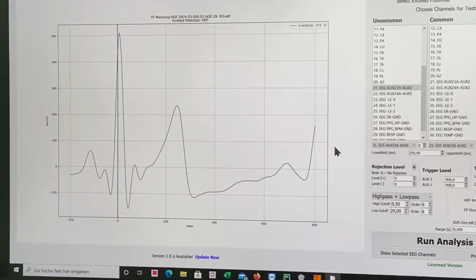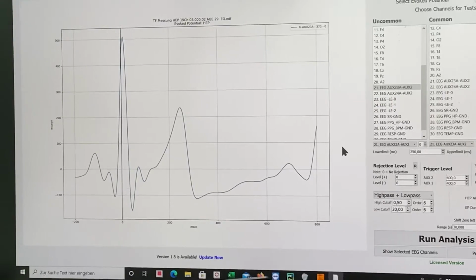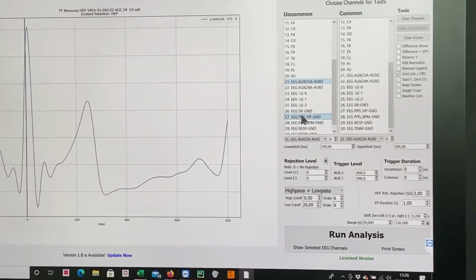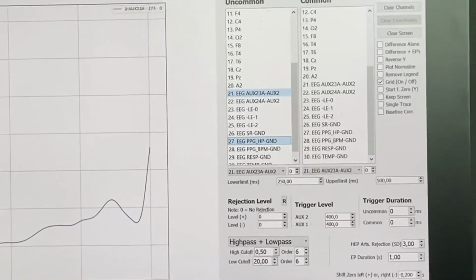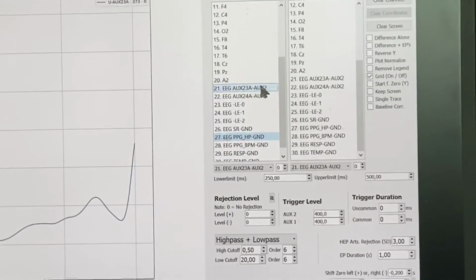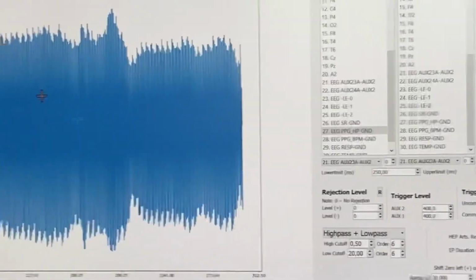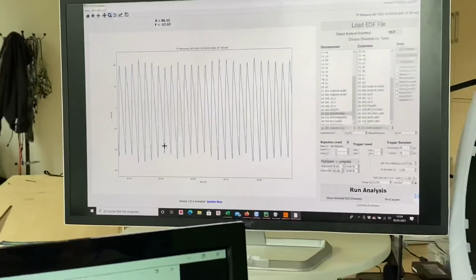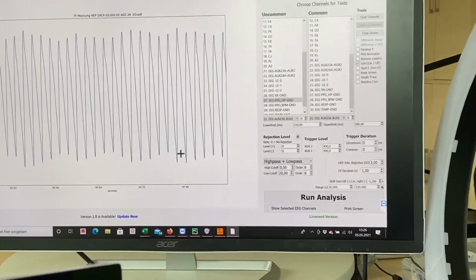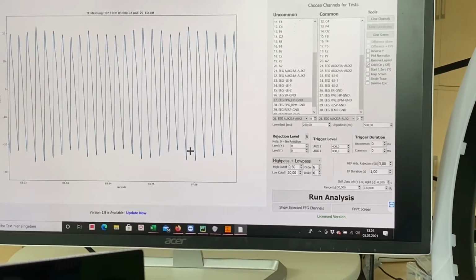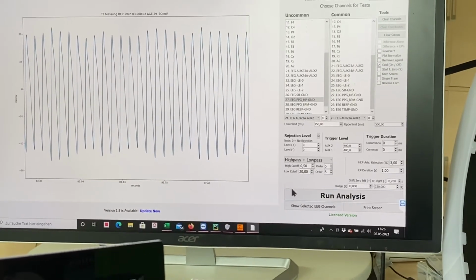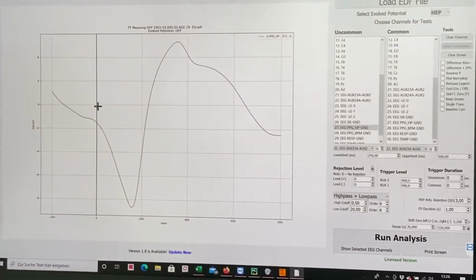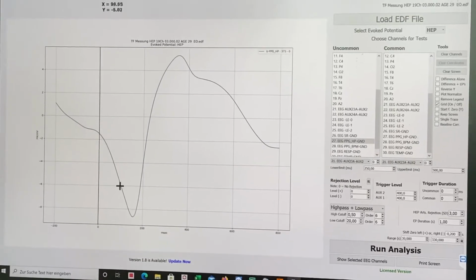Now we add pulse oximetry here, I think it's this channel. First I show you the signal of the pulse oximetry alone. This is the pulse oximetry. It's an ongoing up and down, which is taken from the right ear. And if I average it, I find that here is 0, the R wave, that at about